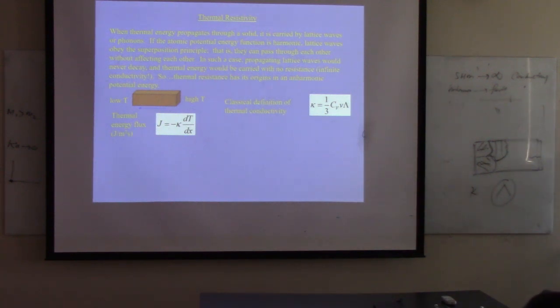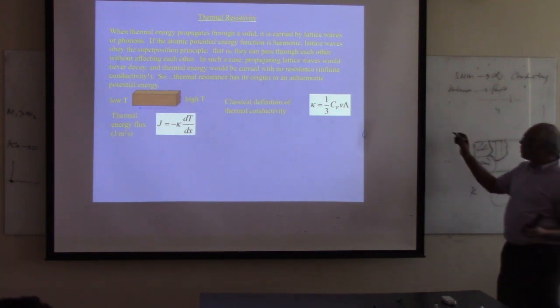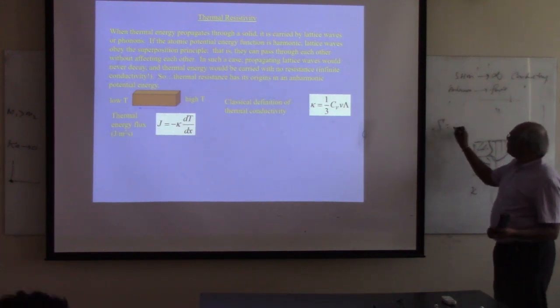The maximum distance they can go without getting scattered. If you have no scatterers, gamma can be very large, right? If you have too many scatterers, gamma will be small. So if you want to make your... I don't know whether anybody is working on thermoelectric materials, there's something called this